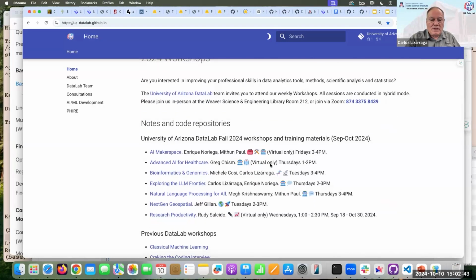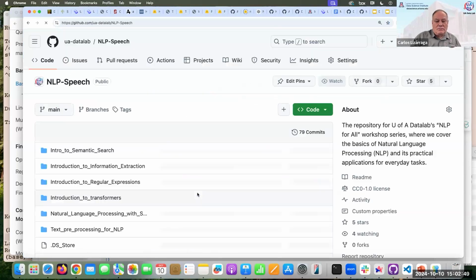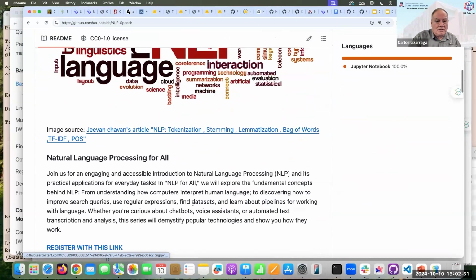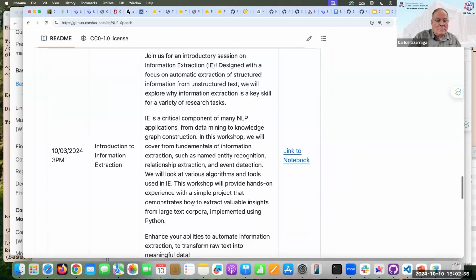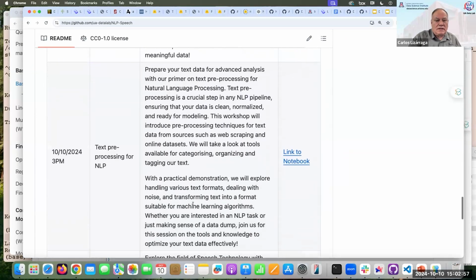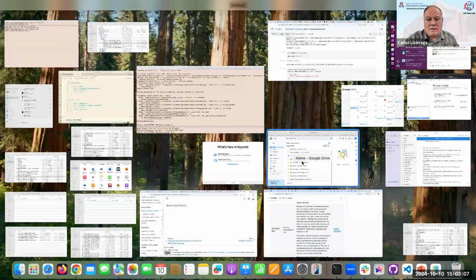So today is natural language processing, and today we will be looking at October 10th, text preprocessing for NLP, and you will find the notebook for today, but I think I have my